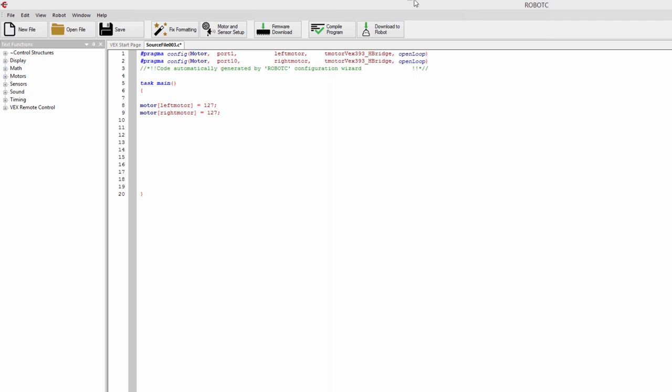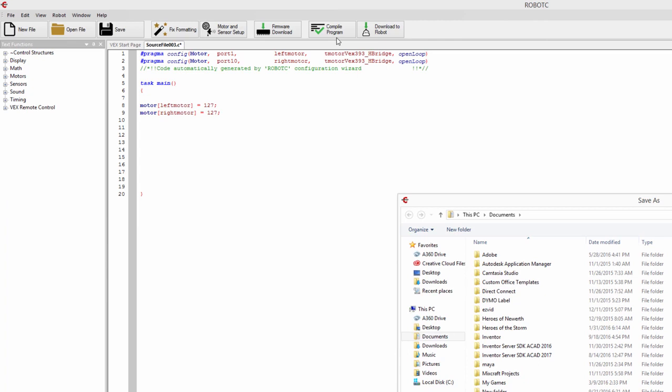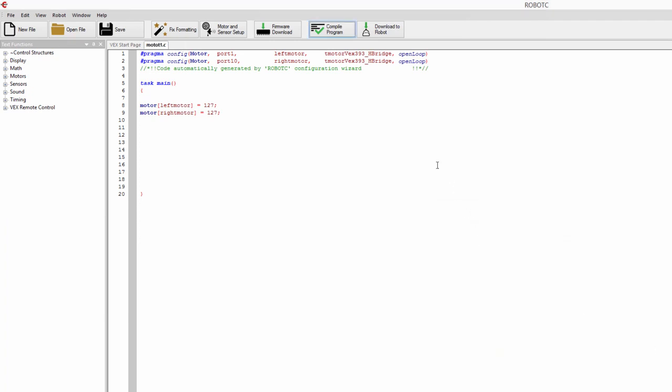So there's a button up here that says compile program, and press it. The first time you press it, it's going to ask you to save the program. So give it a name of something you won't forget. I'm going to call mine motor 1. That's going to be the name of my program, and then I'm going to press save. And then it's going to run the code, and if there are no errors, no X marks should show up